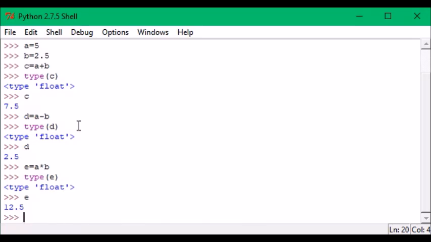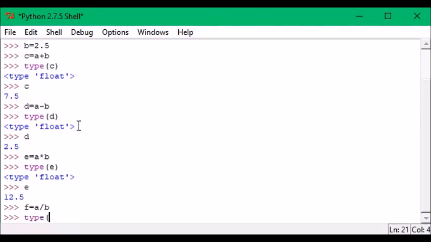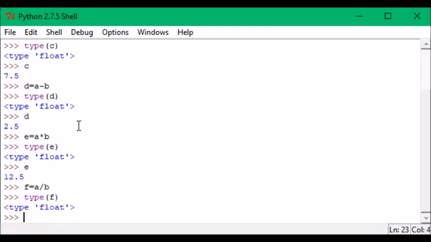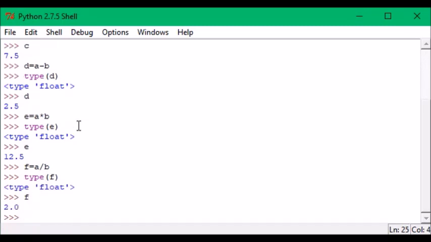Again, if you want to go for division, you can define a variable f, which is nothing but a divided by b, or a slash b. And if you want to find which type it will be, you just type type of f and get float. And if you want to find the value of f, just type f and get the value.